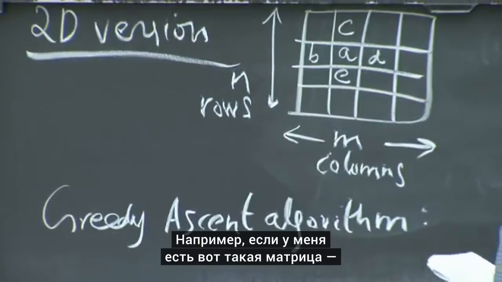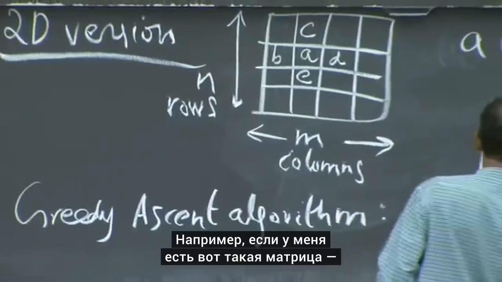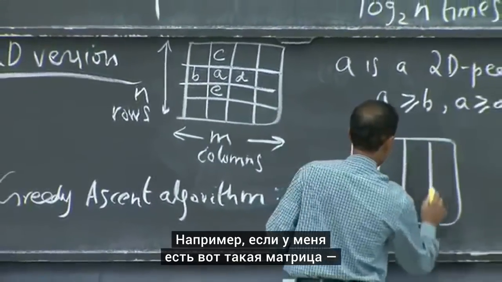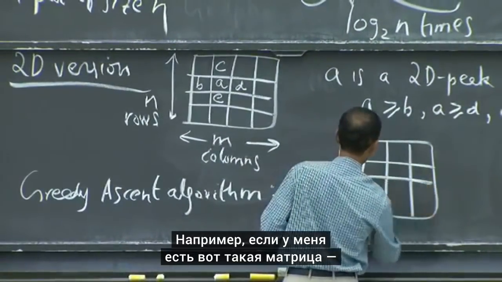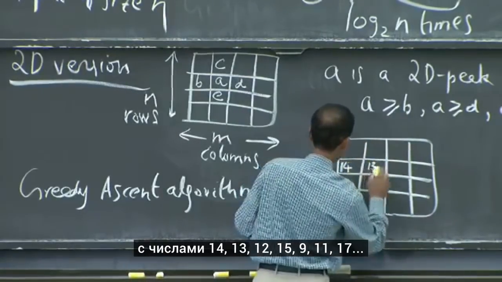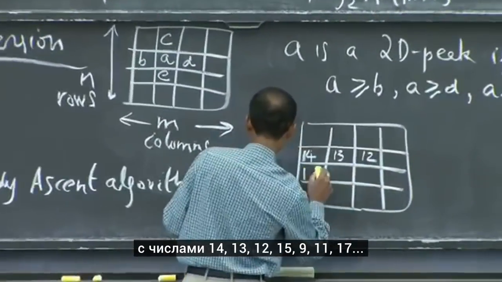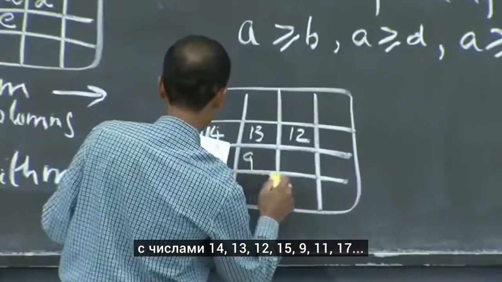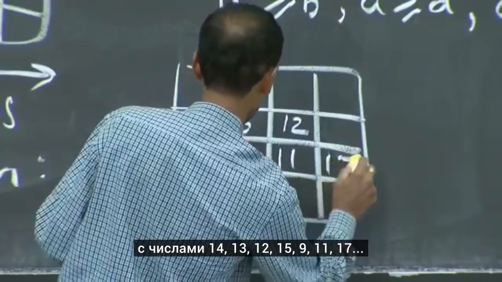So for example, if I had this particular matrix, 14, 13, 12, 15, 9, 11,